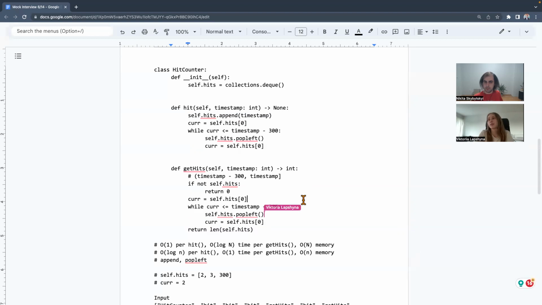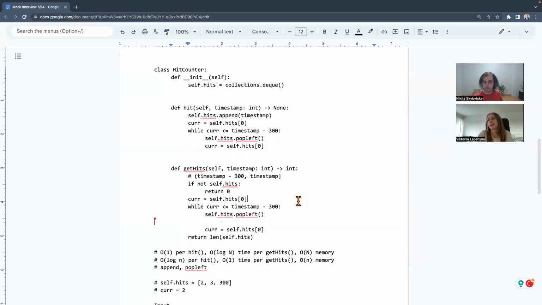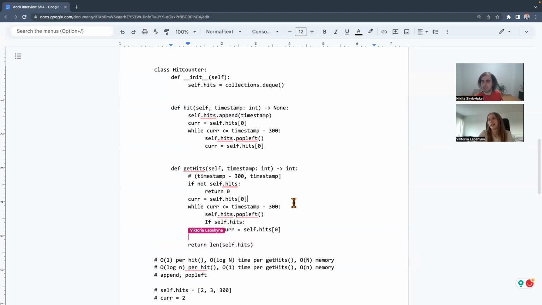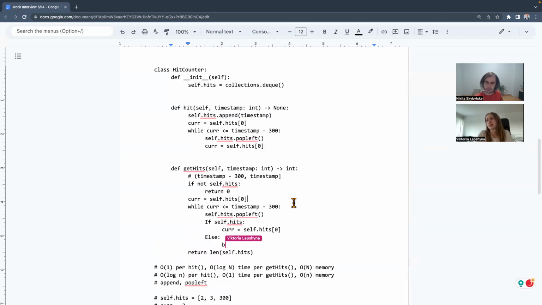I mean, we could do like, if self.hits, then we do that, else we just break. That could be an option. The way you are doing this, it is an option. It's not pretty. I agree.